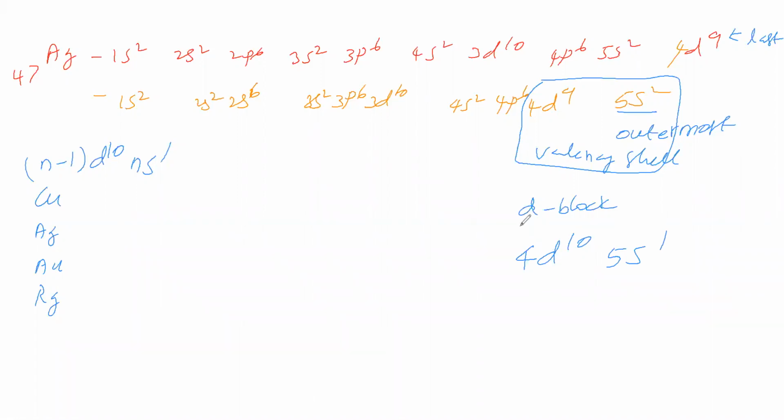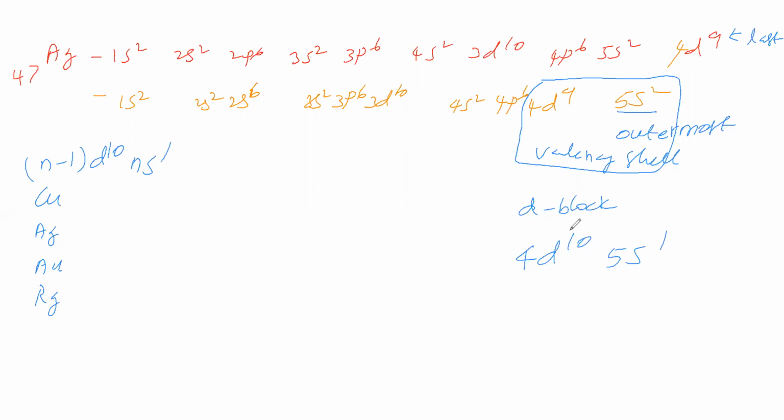Next, we have to say the type of element. We said it is not a representative element, so now we have to check whether it is a transition element. In a d block element, if the valence shell d subshell is incompletely filled, then the d block element is called a transition element. This silver is a d block element. Its valence shell contains a d subshell, and it is completely filled. Therefore, is it a transition element or not?